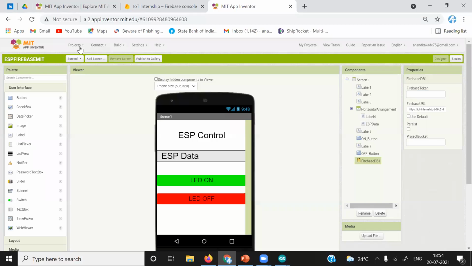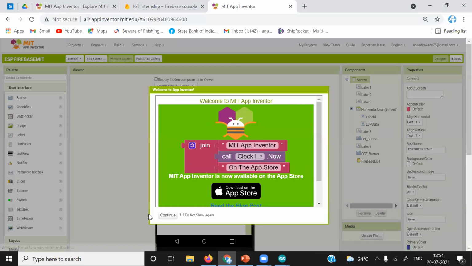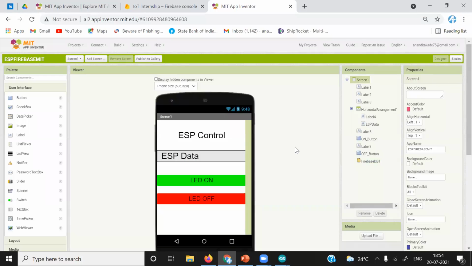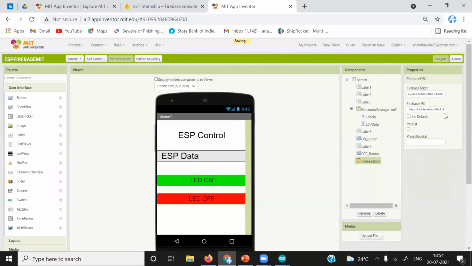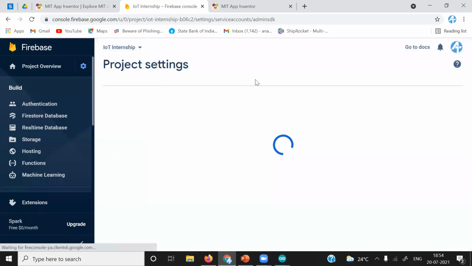Okay. And I will refresh this page. Click on the Firebase again. You can see that there is some random string. This is not equal to the database secrets. We will quickly compare it. It is very important.